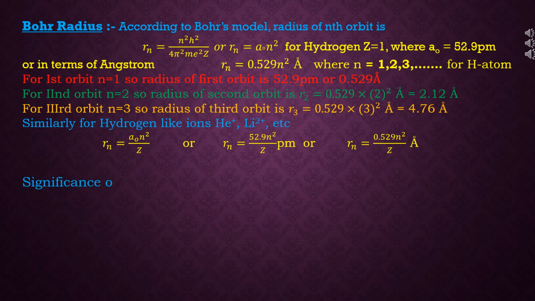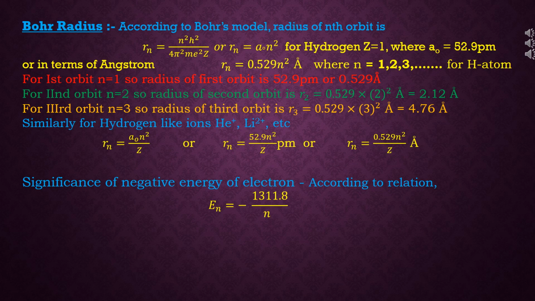Significance of negative energy of electron. According to relation, En is equal to minus 1311.8 upon n square kilojoule per mole. Students, a question sometimes arises: why is the energy of the electron written as negative? The reason is, when the electron is